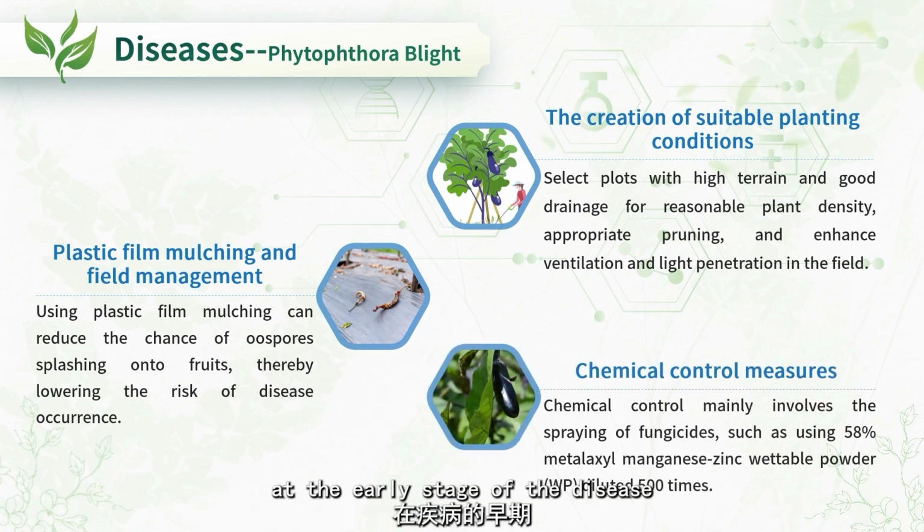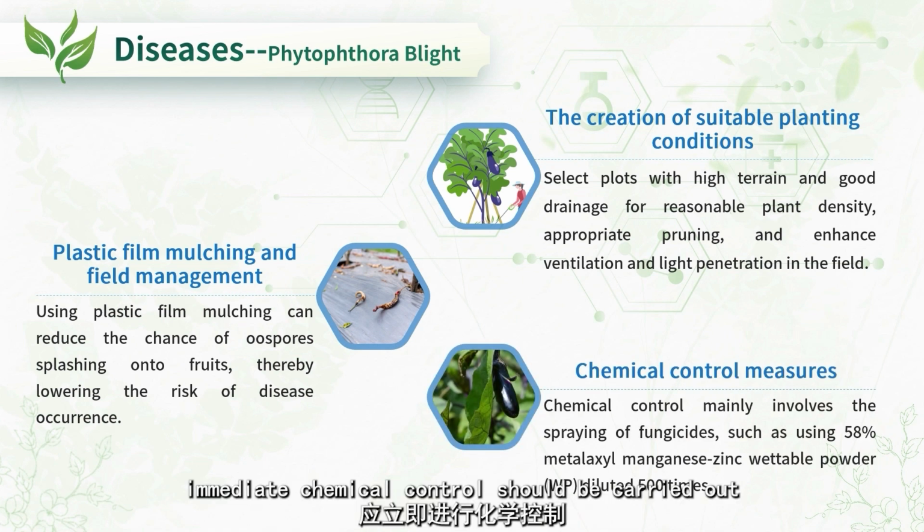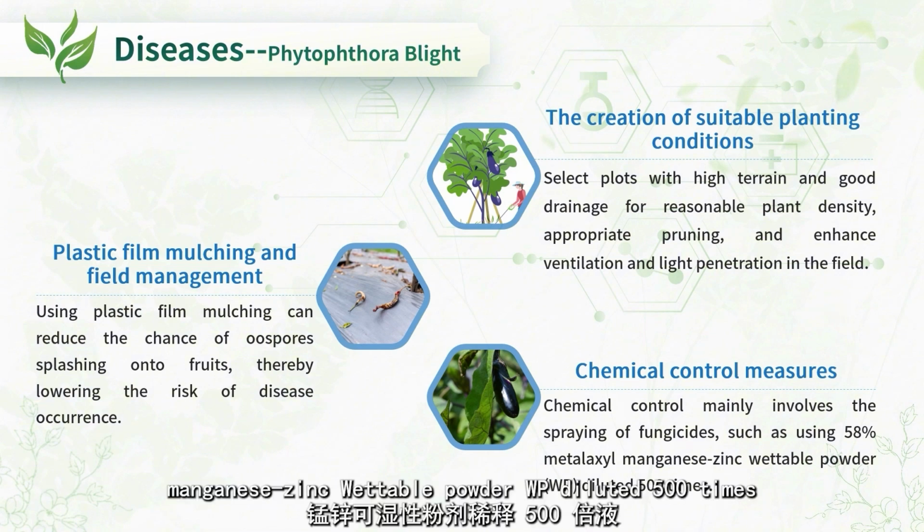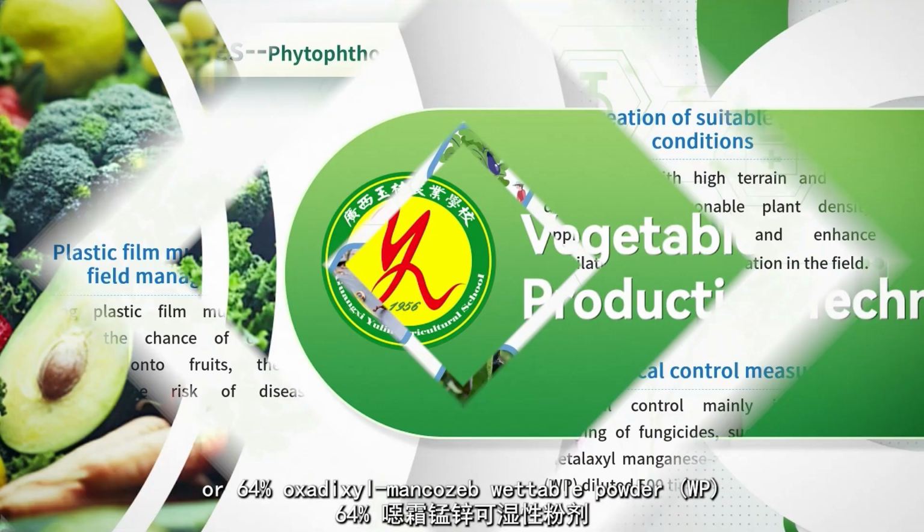At the early stage of the disease, immediate chemical control should be carried out. It is recommended to use 58% metalaxyl manganese zinc wettable powder WP diluted 500 times or 64% oxadixyl